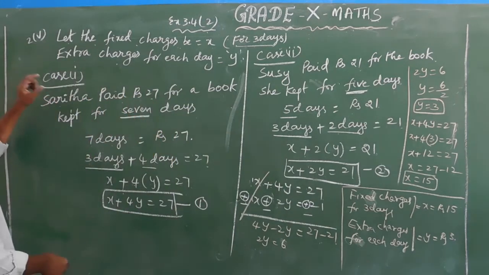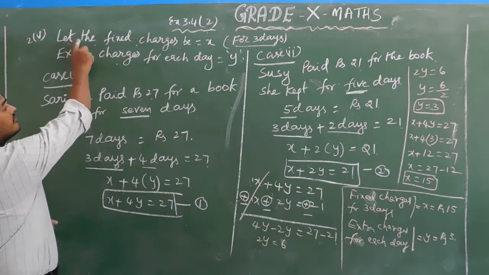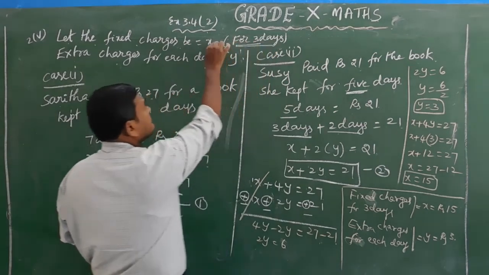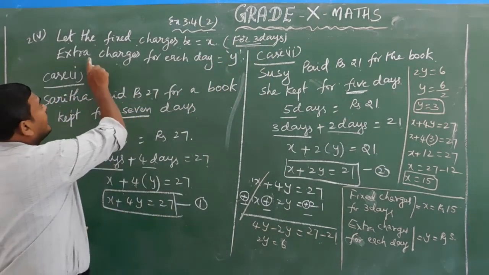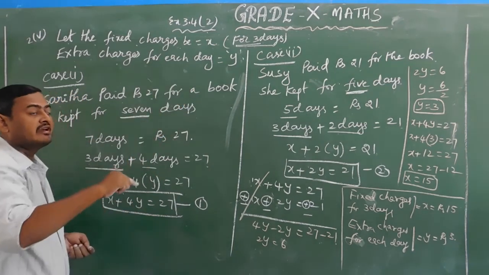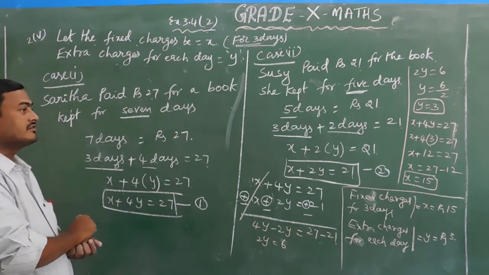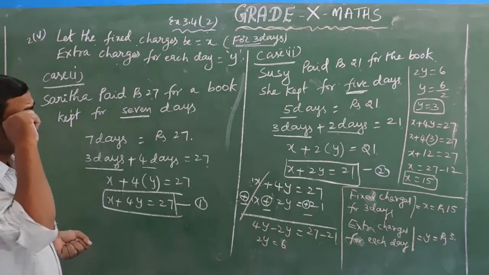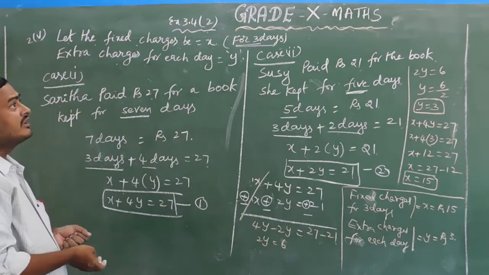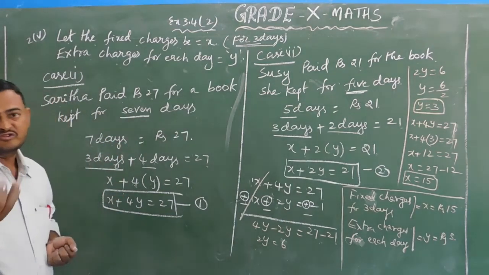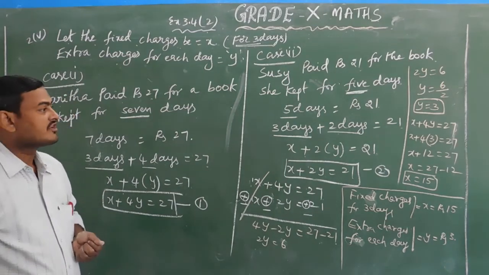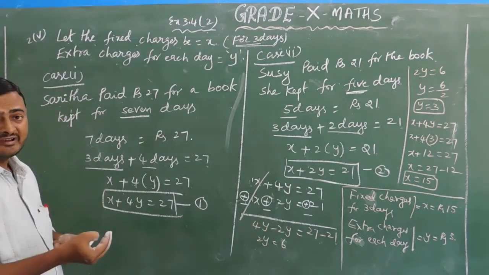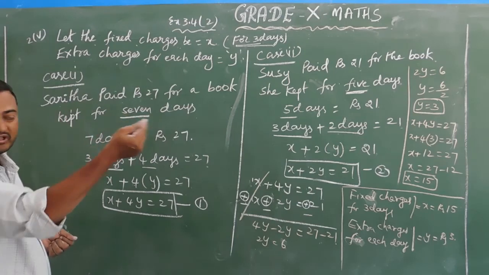Now here there are two conditions that they are asking for. There are two types of charges they collect in the library. One is for the first 3 days, rupees x, we take one variable, and extra charges for each extra day, some amount y will be collected. Similarly, taxi fare can also be like this. You see, for the taxi the sum is the same example. For the first 3 kilometers, or the first 5 kilometers, the fixed charges, and after that for each kilometer they have to collect some extra, 8 rupees or 10 rupees. Like this, similar sums we can do in the same order.